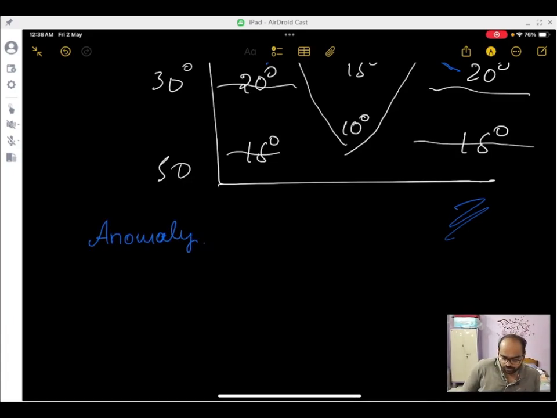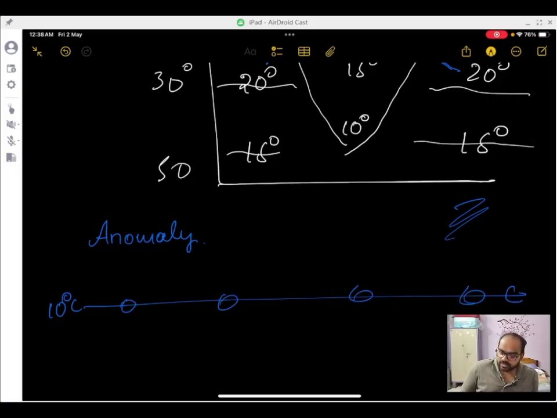So if you take an isotherm, like let's say the 10 degrees centigrade isotherm, the places located on this isotherm have similar temperatures. But sometimes this condition is not satisfied, because on the same isotherm,